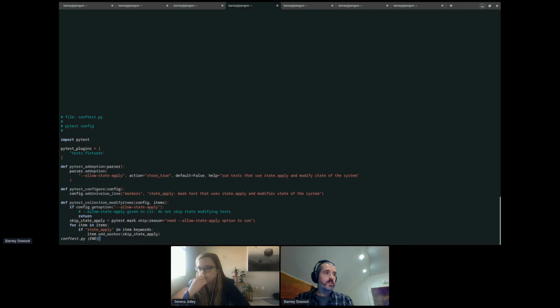So essentially what that means is that if we're working just on a local system, we can just run pytest. It will discover all the tests, but it will skip the tests that would alter the system. And then at a later stage, if we're using those tests elsewhere in CI or similar, we can pass that specific option and we can actually run those tests.